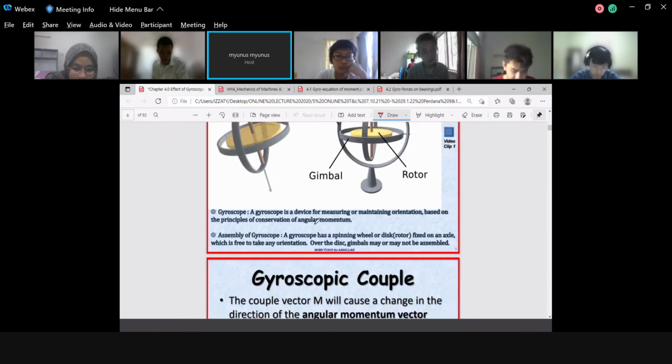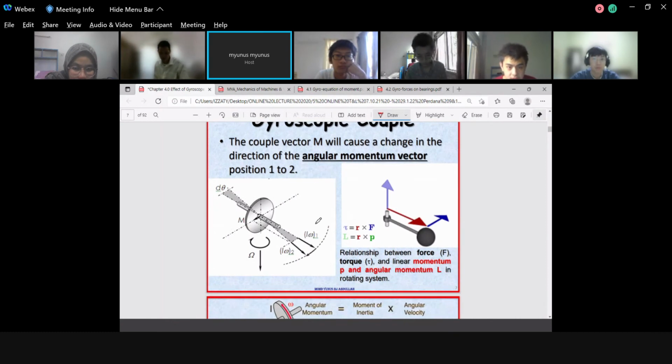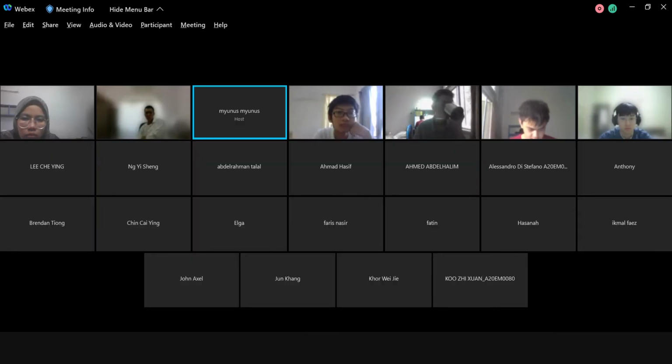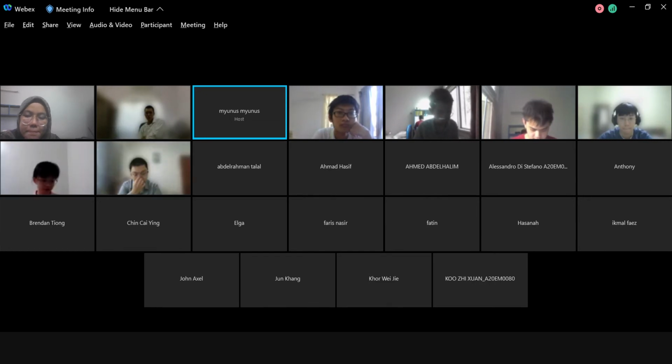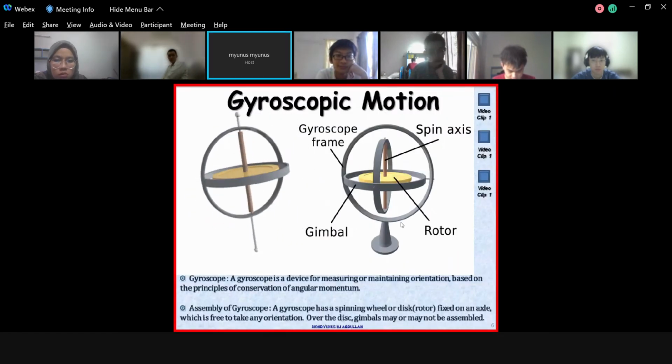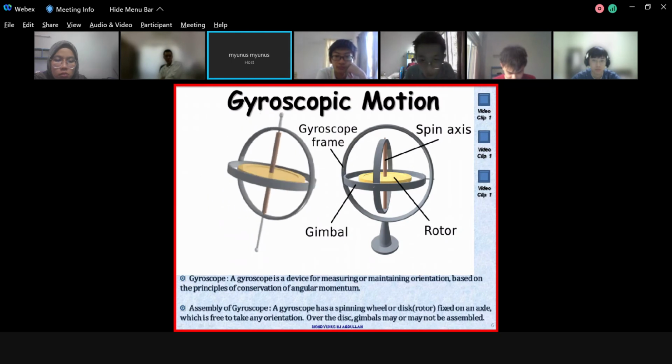Okay, I'm going to show this one now. This is the derivation of the equation. I need to show this animation, because when I show it to you in animation, you have an idea of what you learned in dynamics. Sorry, I keep changing slides. I just want to ensure that you really understand the topics. So look here.